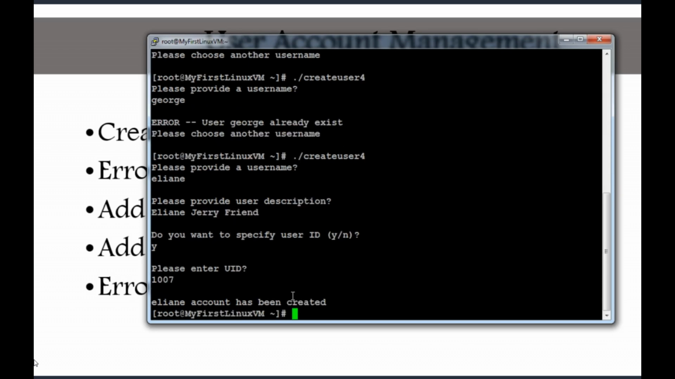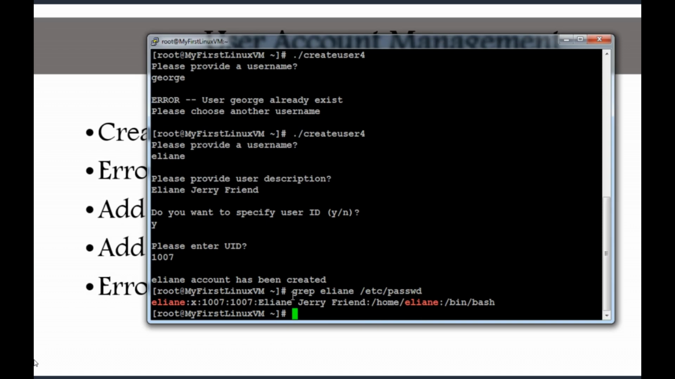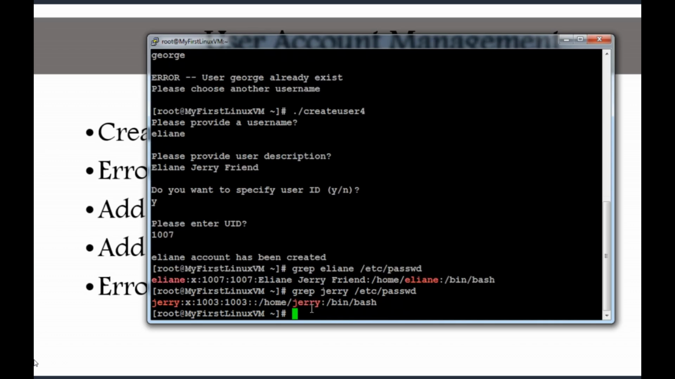Perfect. Yay. Let's confirm. Etsy Elaine. Yes. With the description, with the user ID. Perfect. Awesome. Okay, now everything is working as expected. Last thing we wanted to do is what if I had picked a user ID that's been assigned to, let's say, Jerry, which is 1003. It would have been a problem, right? Yes, but before we put in that fourth script,